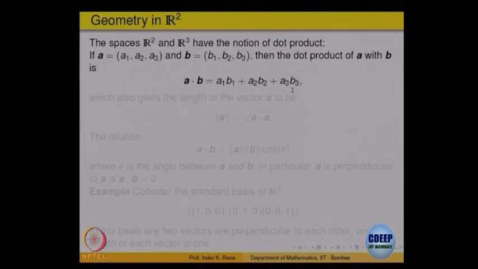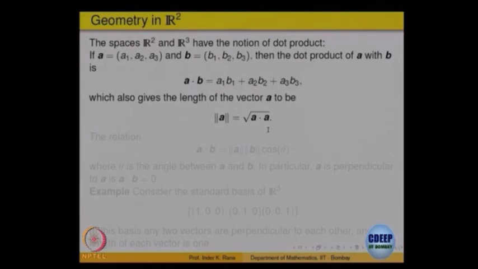In this notation, it also gives you what is called the magnitude of that vector. If you treat A as a vector, it has a length. Its length is nothing but the square root of A dot A. So, that is A1 square plus A2 square plus A3 square, square root, that is the usual Euclidean distance, Pythagorean distance between 2 points in R3, right. So, that is expressed in algebra now. See, now you see slowly geometry is being converted into algebra.